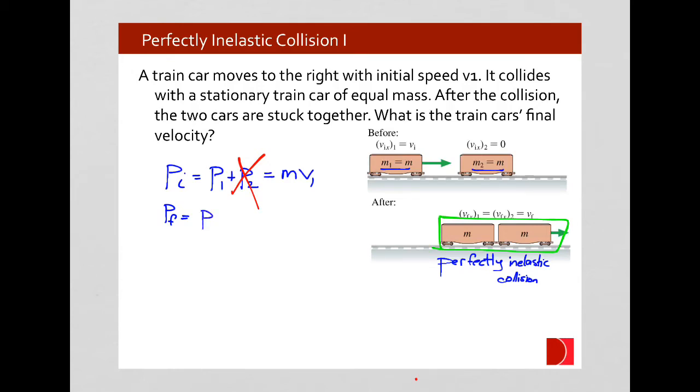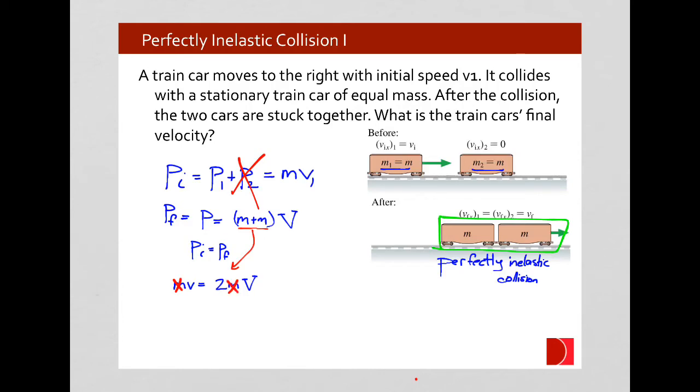And you have a momentum of that one object, which will be the mass of the total object multiplied by the velocity. And we use a stylized v here just to distinguish from the initial velocity. What we can say then, since momentum is conserved, the initial momentum has to equal the final momentum, where here we've taken the m1 plus m2 and we've made it a 2m. We've just simplified that. We also notice that we have a common factor of m that we can cancel out,